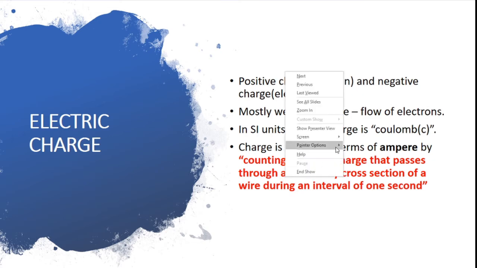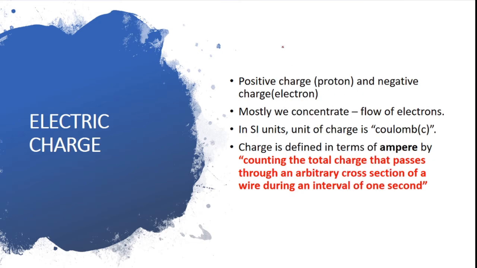I hope I'm clear. So let me use a pen. I define charge as: I consider an arbitrary time of 1 millisecond. For this 1 millisecond, how many electrons are going to pass through one particular area. So I'll consider this particular area alone. In this particular area, for a time of 1 second, how many electrons flow through that area. That is what we define as charge in terms of amperes.